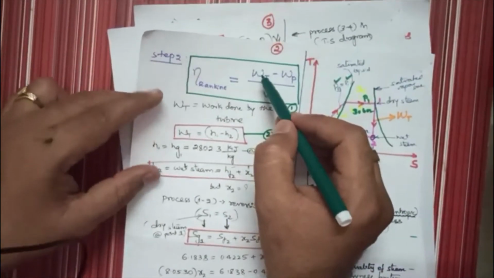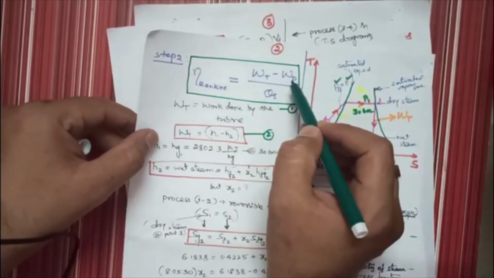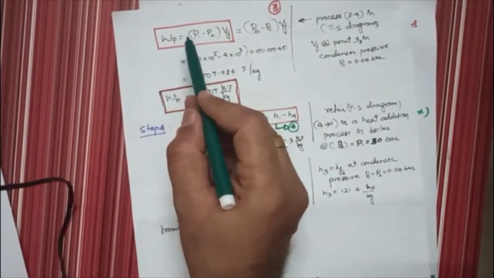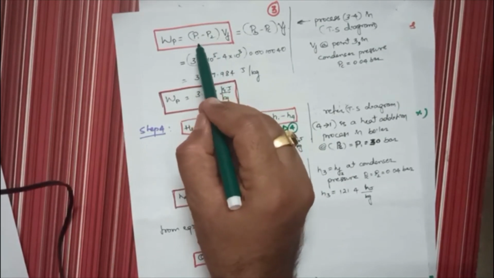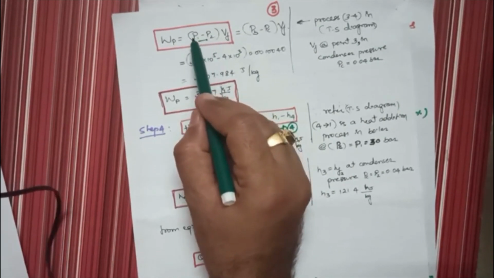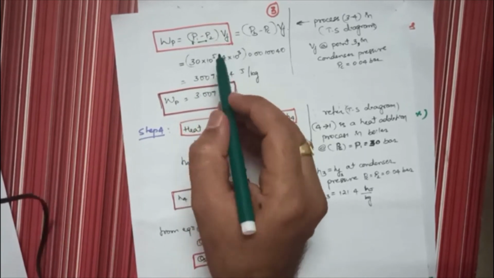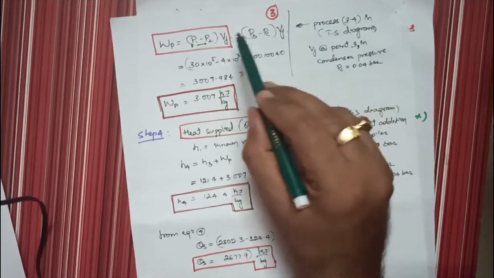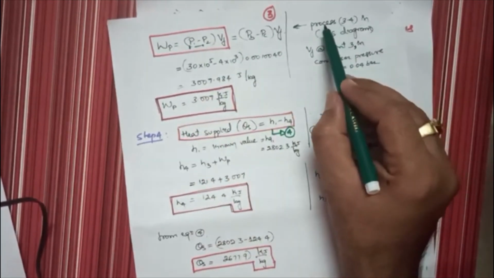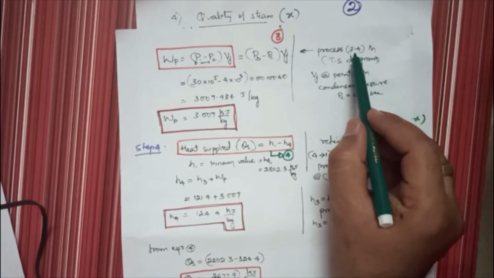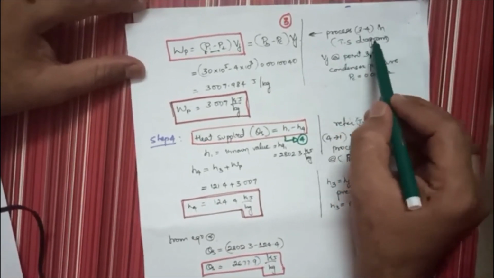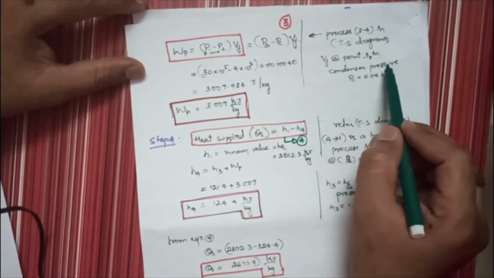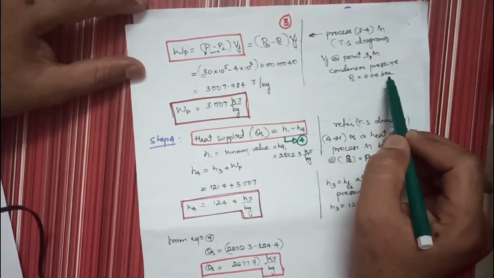Now first value is over. Similarly calculate work done by the pump. In the list of formula we have written work done on the pump is equal to P1 minus P2, because these two are the pressure values. This is highest pressure, this is lowest pressure, multiply by VF. VF is at point number 2. Whenever you write pump work, it is process 3 to 4 in the given TS diagram in our case.